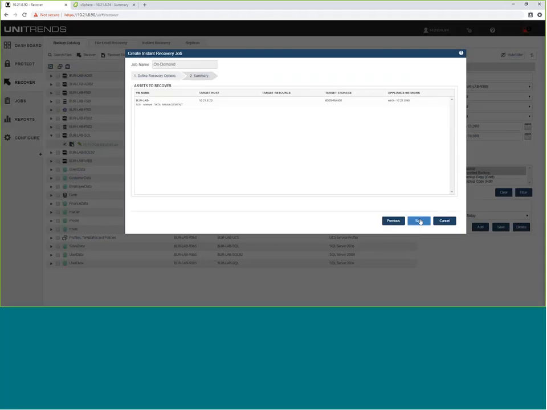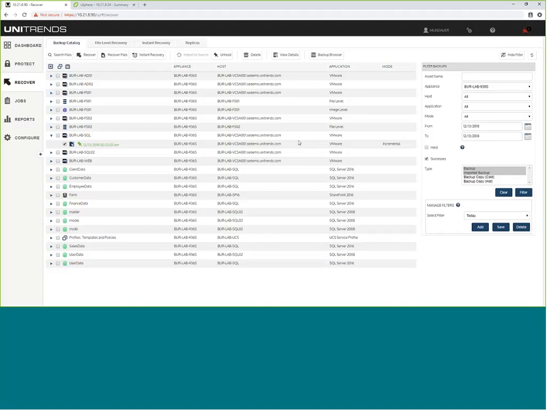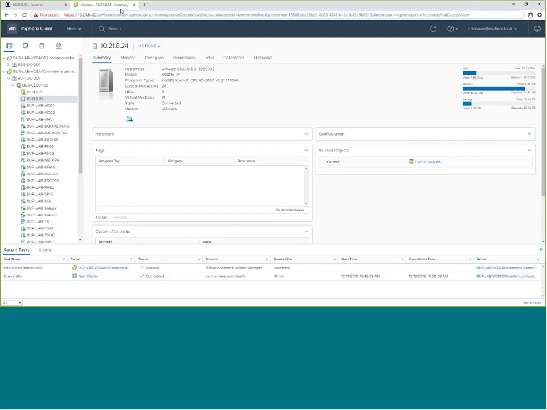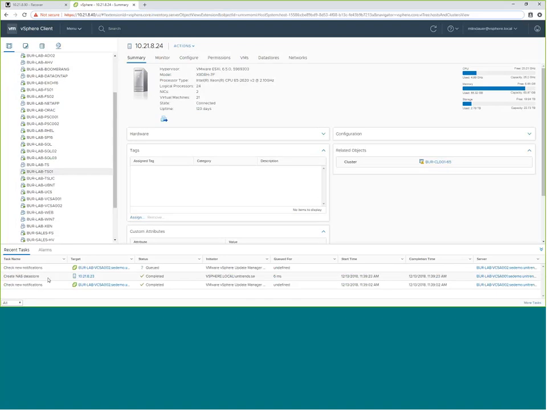So no matter the size of the machine, we're able to recover full machines in minutes in what might otherwise have taken hours. If I go to our vCenter client here, you'll see here's that host 23, here's all the underlying VMs, here's that original SQL server. In a moment here, that NAS datastore has been connected.